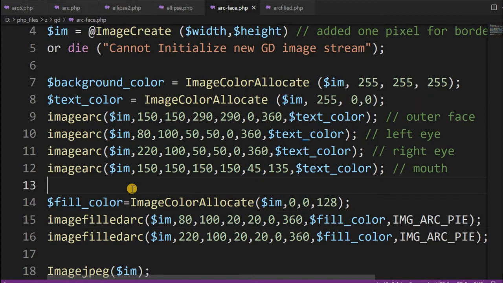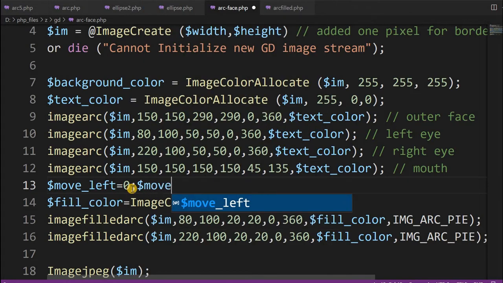We'll do one thing. For easy changing, we'll create two variables here. Move left equal to 0 and another one is move top. Because with these two variables, if you change them, only the X and Y coordinates will change. Now let's keep it 0 and we'll see.